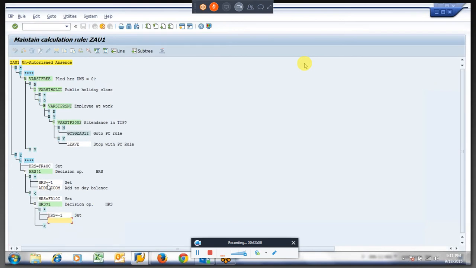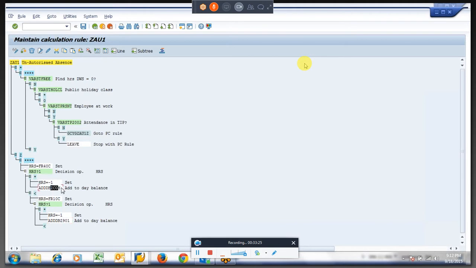So I am giving HRS is equal to -1, but here the time tag to reduce, ADDDB Z901, right? To reduce the end leave, this is the time tag we are using in the quota, if you remember.